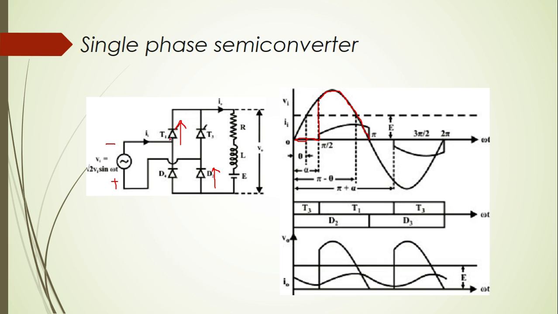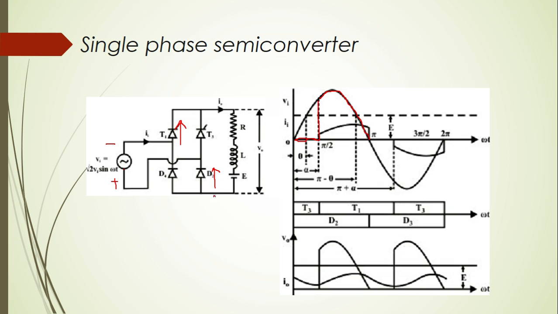So the thyristor is conducting, the diode is conducting. Now when the input voltage crosses pi, the polarity reverses, and at that moment we can see that positive potential is applied to the anode of diode D4